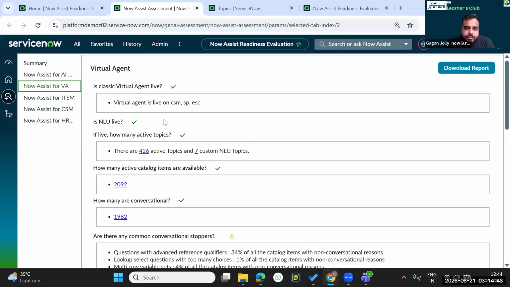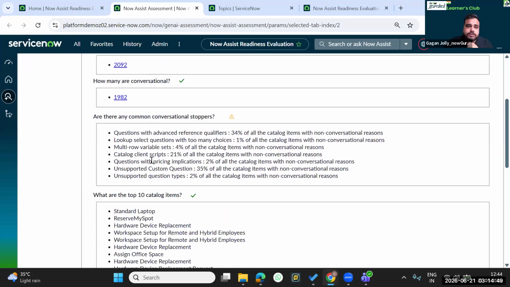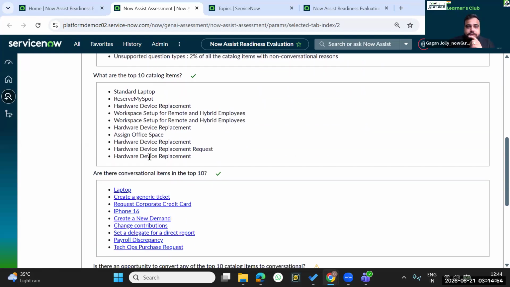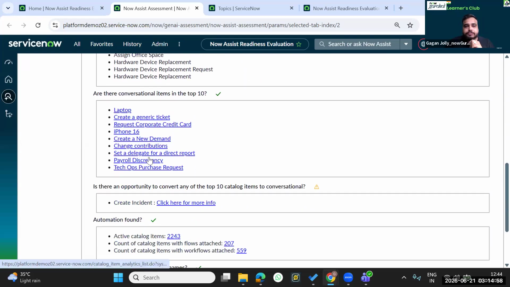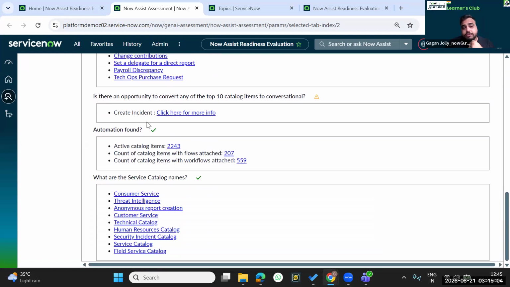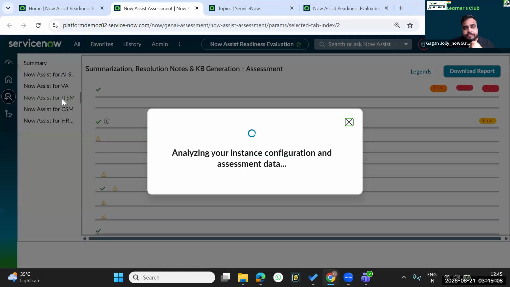Then your virtual agent: how many active catalogs are available for your virtual agent, how many are conversational, how many are non-conversational, what the stoppers are, the top 10 catalog items, and the opportunity to convert any of those catalog items to conversational, automation found. All these KPIs are in the virtual agent. Then we go into ITSM,